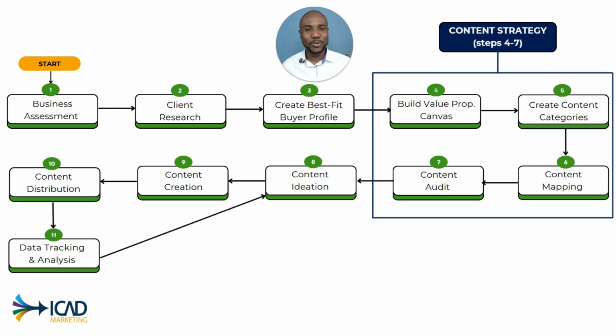The whole idea behind the authority branding system, as the name suggests, is how you can build your authority and your brand using content and our 11 step process. The idea of the 3-4-4 formula is that we do it in 3 stages. The first 3 steps are what I call business discovery. The next 4, step 4 to step 7, are what I call content strategy, or develop strategy. And the final 4 are what I call content delivery. So let's get into the steps.